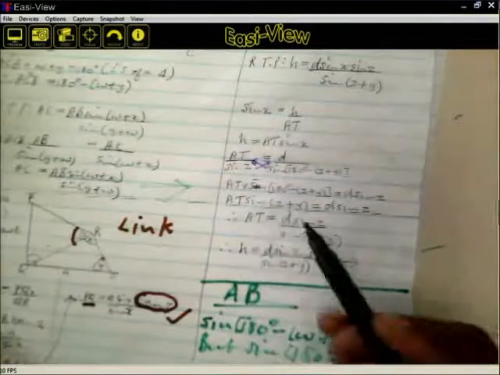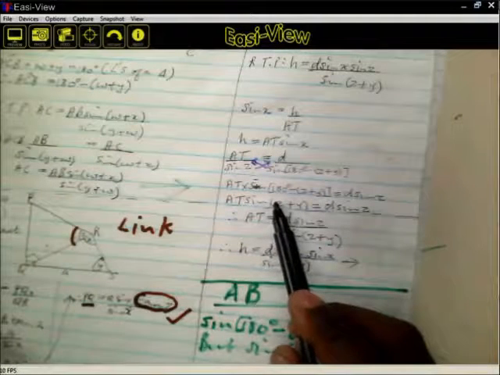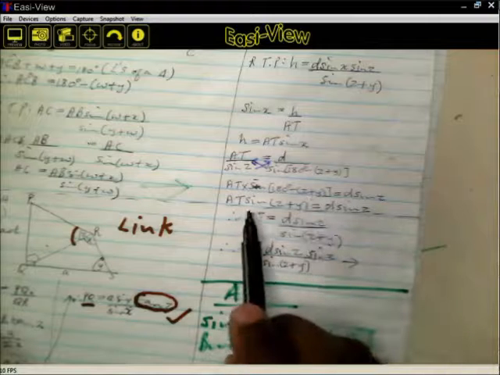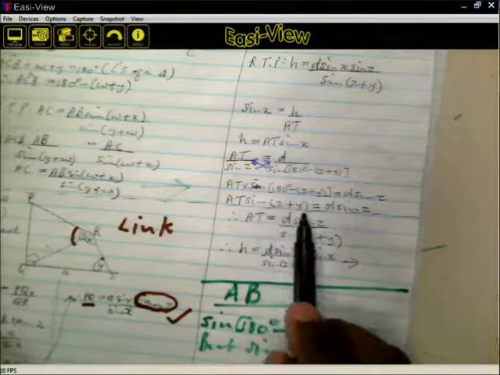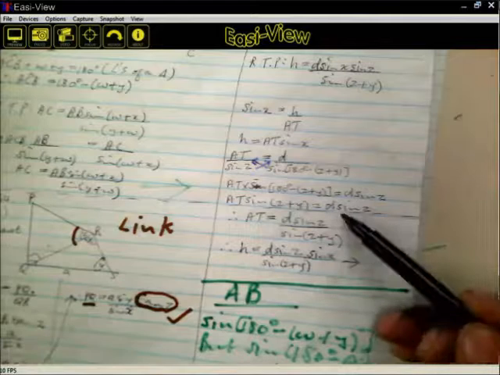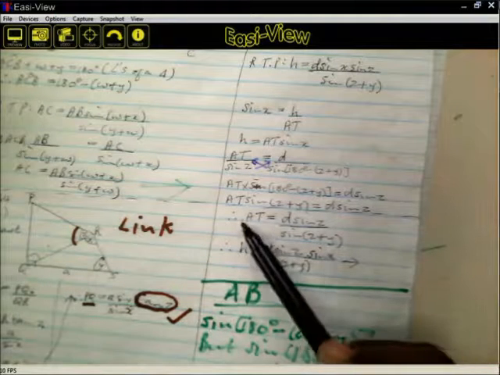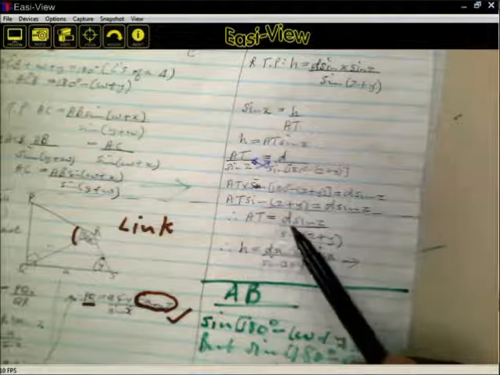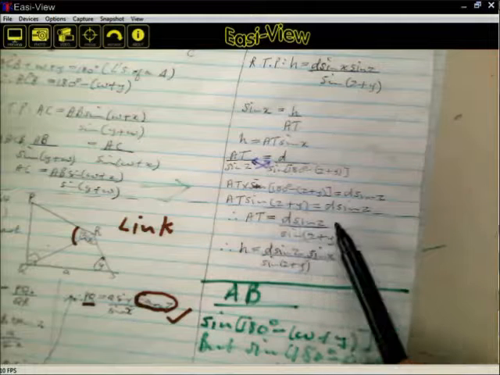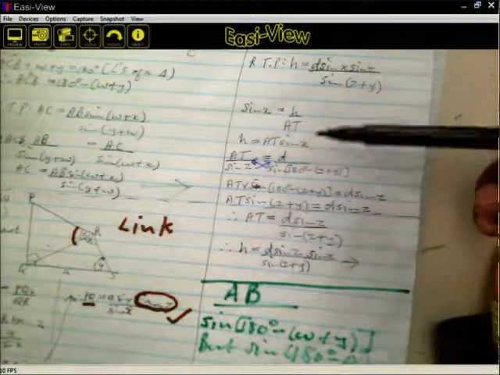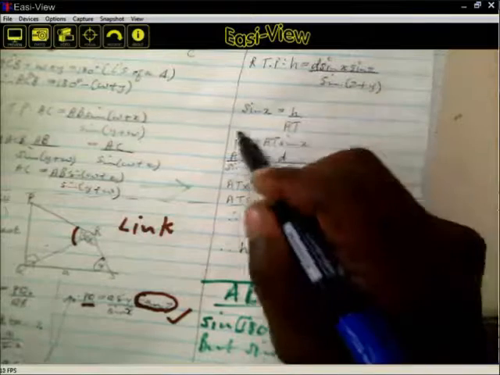Similarly here, the sine of 180 minus z plus y is the same as the sine of z plus y, is equal to d sine z. Therefore, making AT the subject of the formula, AT is equal to d sine z over sine z plus y. And therefore, you go back here, you said H